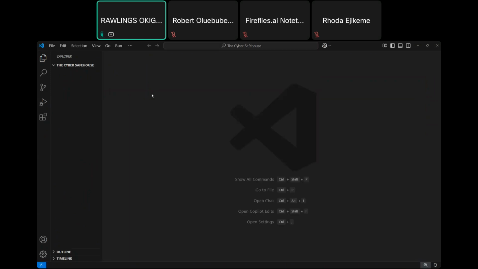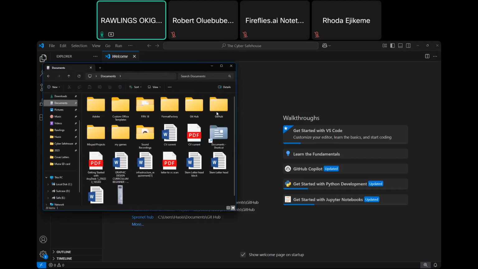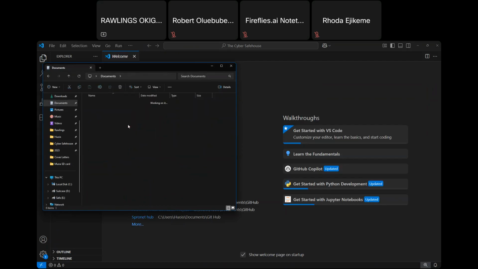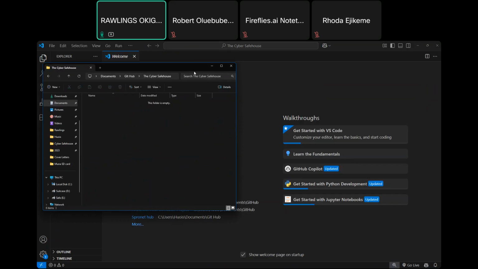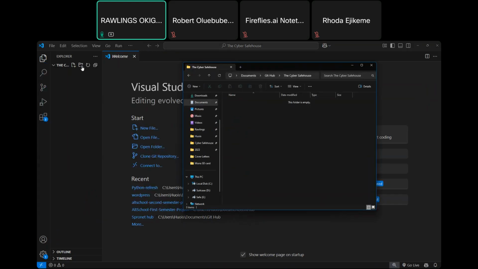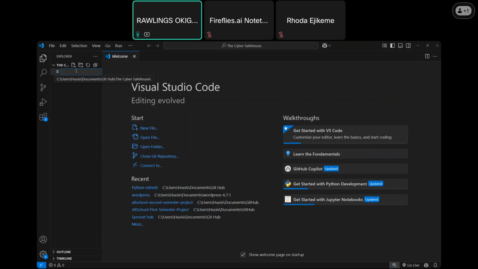Now it's open, we have an empty blank folder. That's because in my documents, where I have the cyber safe house, the folder is actually empty. Let me just open this here, and if I come here and click on create a new Python file. If you want to create a new Python file, every Python file you create should end with .py. For example, hello world